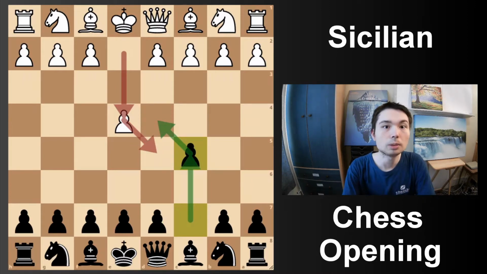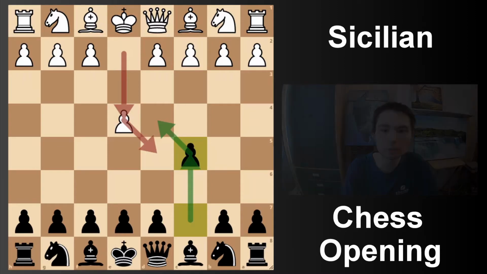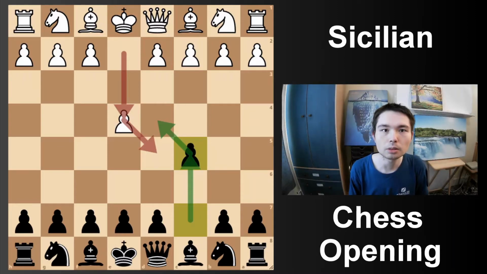Why do we play this opening? It's because it is a very aggressive, dynamic way to play with black. I enjoy playing this with black. That's why I am showing you this in this video. I'm going to show you many of the common setups for white. So first up,